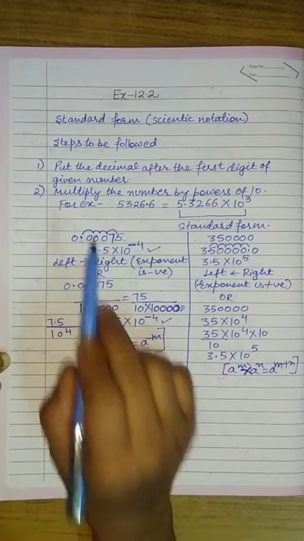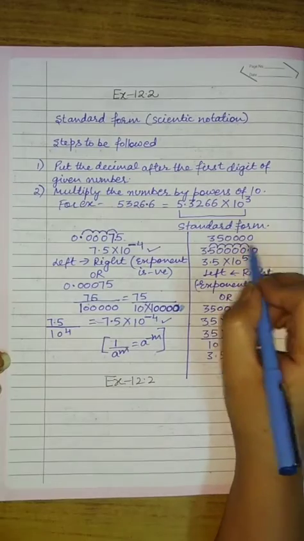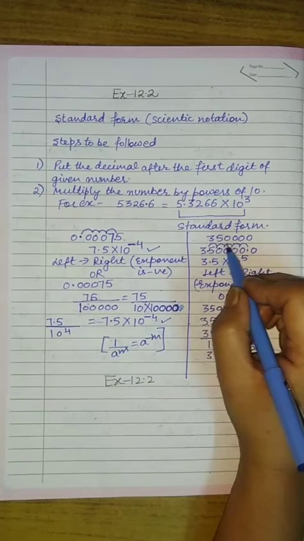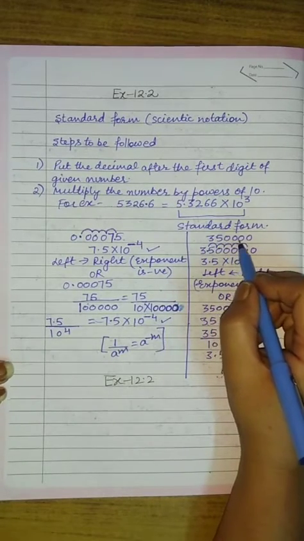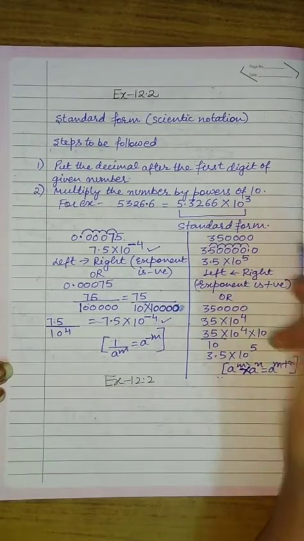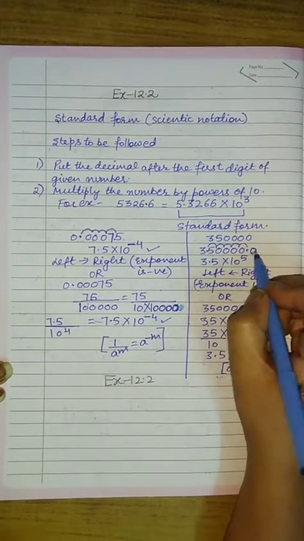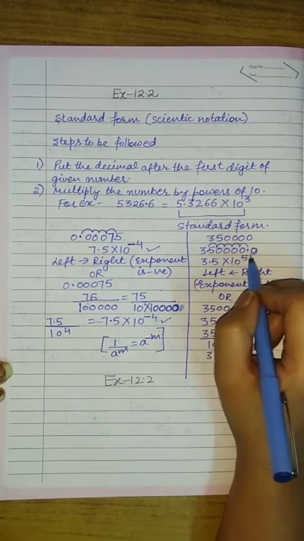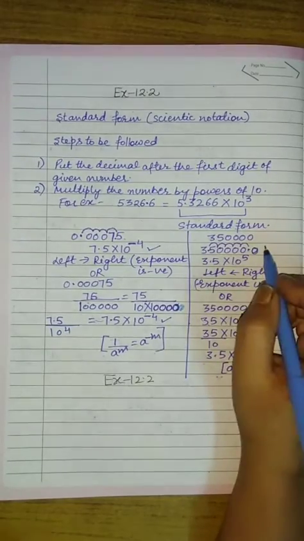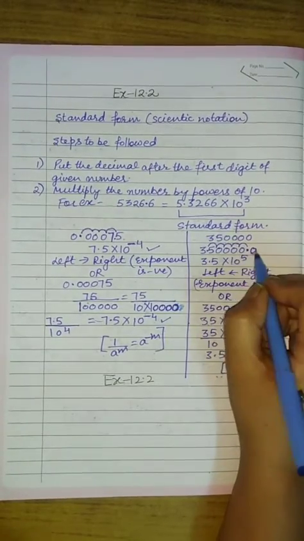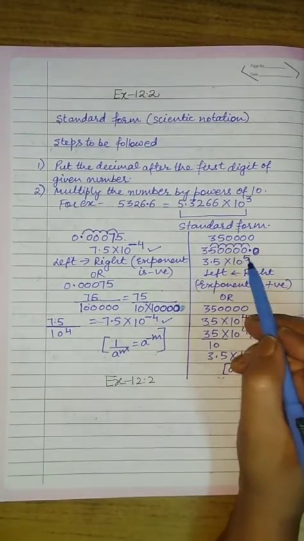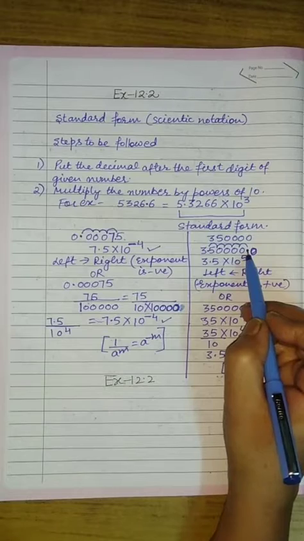In this number we already have a decimal, but what if no decimal is given in the number? If we have a whole number, like I have 350000. Now in this you can see no decimal is there, so I will place a decimal and 0, which doesn't affect the value of the number. After the decimal I can put as many zeros as I want, and they don't have any value. So for convenience, I put a decimal and zeros.